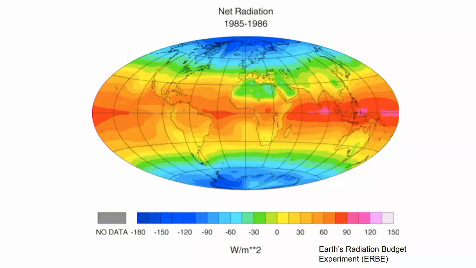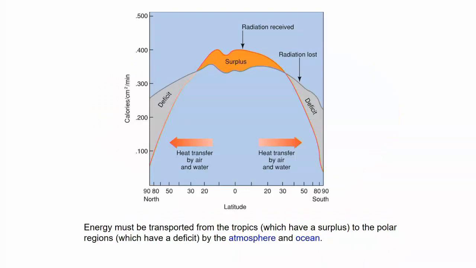So the net radiation, we're getting radiation in the tropics. That energy is being moved around the Earth by atmospheric circulation and also ocean circulation, which is heating up the polar regions. And those regions are then giving out to space more energy than they give in. So this is a cross-section from north to south of that process. The amount of energy received is this curve here. The amount that it's giving out is the top curve. So you can see that we're getting more energy in